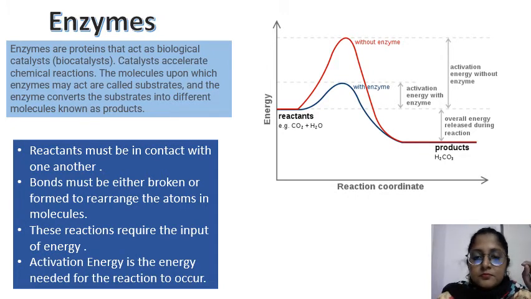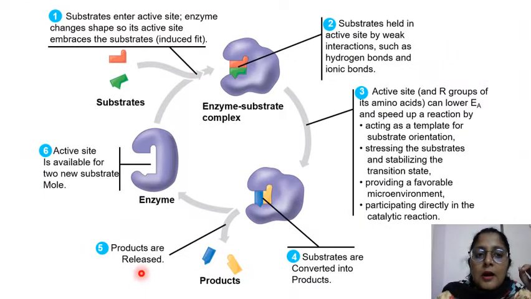Now how does the enzyme act? Over here, how a product is formed, how the enzyme substrate complex becomes ready. So what happens? These are the two substrates, the red one and the green one. The enzyme has an active site. Now, why is this active site? Because this active site is made so that it can easily fit or embrace the substrates into it, and they are held weakly by the hydrogen bonds or ionic bonds.